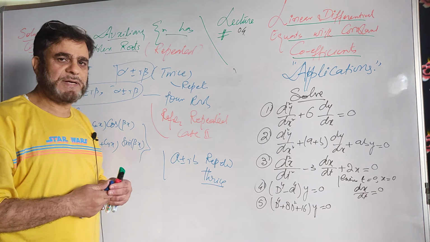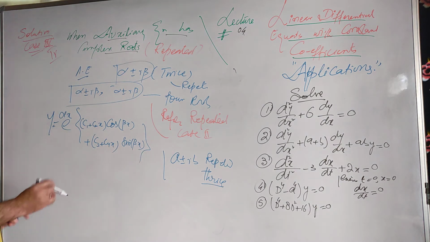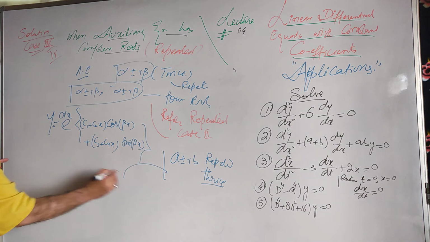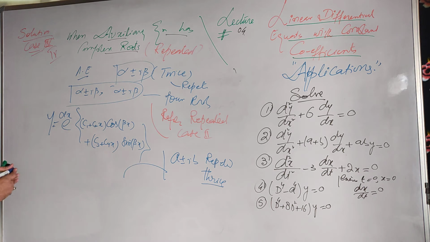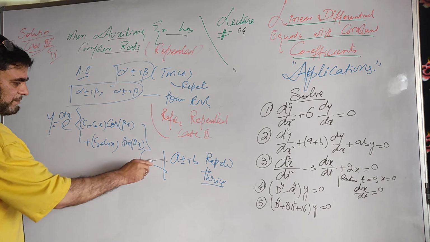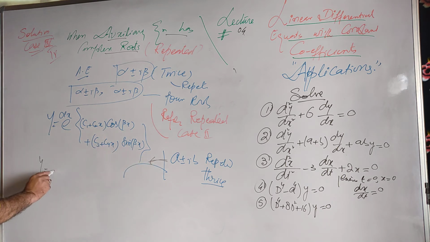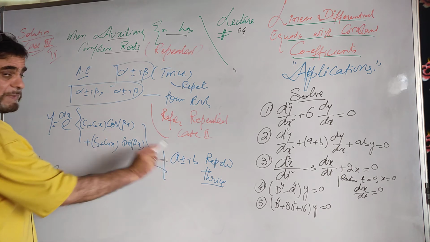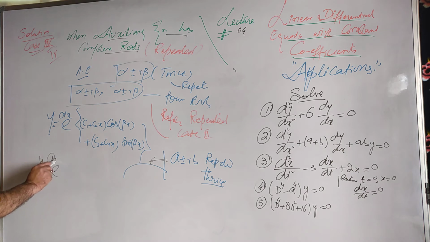3 बार 3 बार आता है. अब इस केस में कैसे आप सोल्यूशन लिखेंगे? इसी तरह in this case you will write the solution this. In this case, you write the solution y is equal to, again, real part. What is the real part of this complex number? It is e raised power ax.